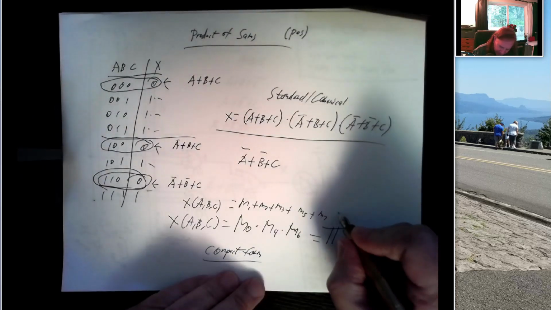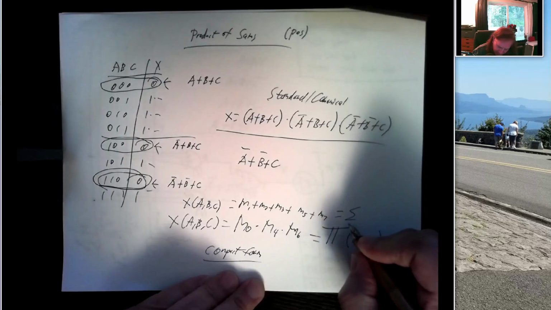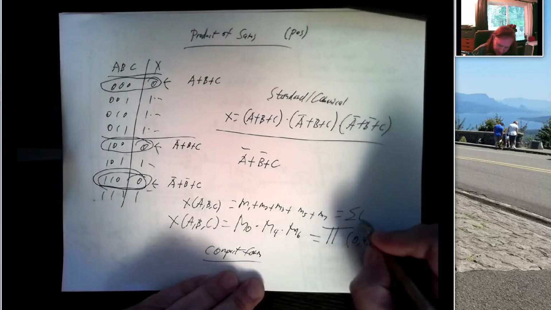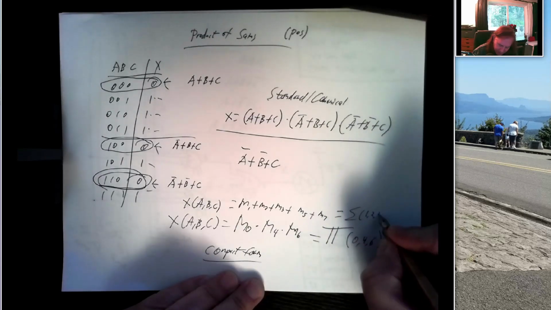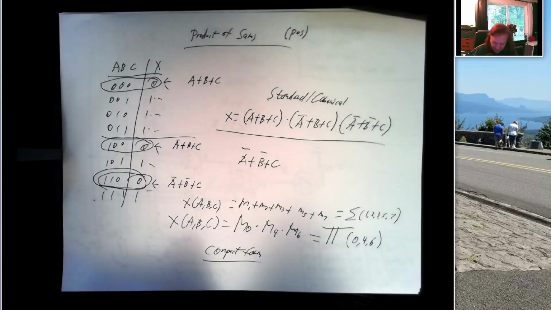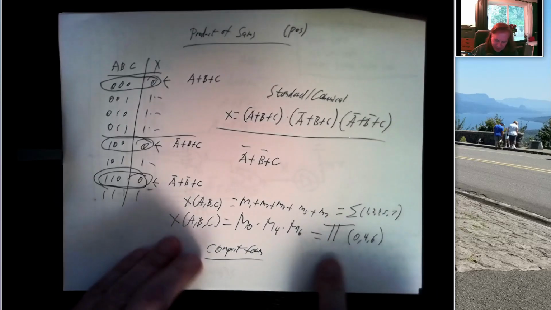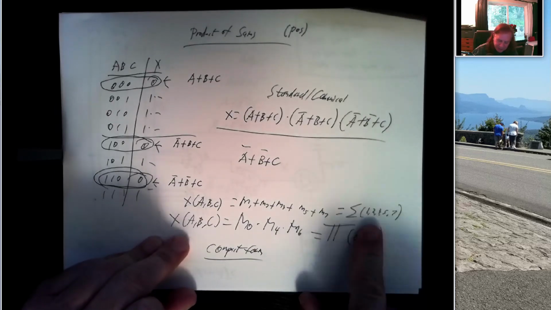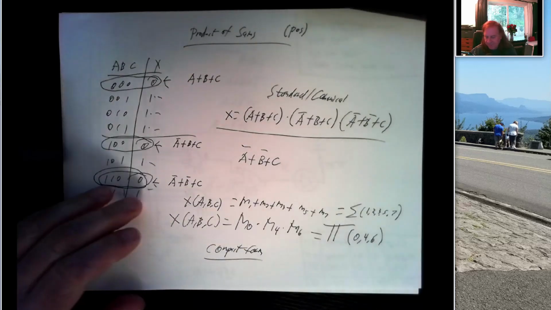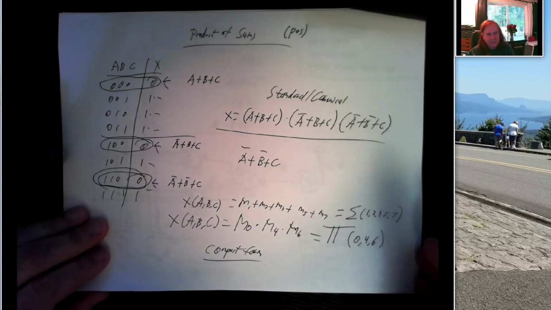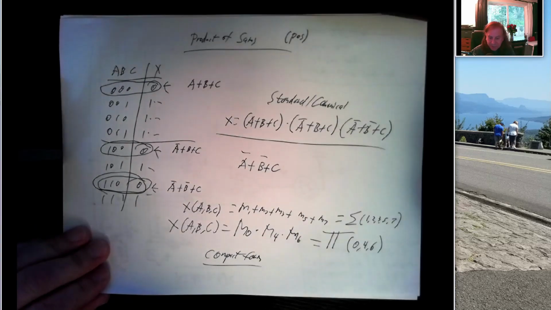Or in an even more succinct form, I could say it's the sum of 1, 2, 3, 5, 7. And you notice the elements in the product term are exactly the elements that are not in the sum term, and vice versa. And we can convince ourselves that's true by looking at De Morgan's theorem